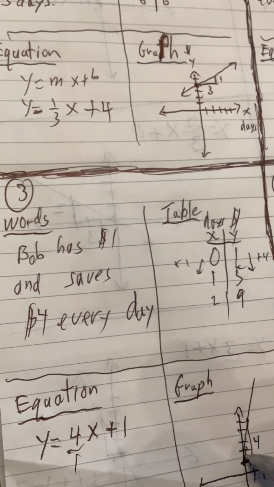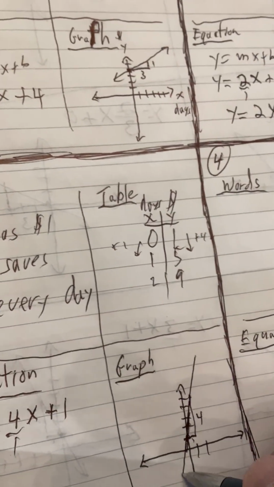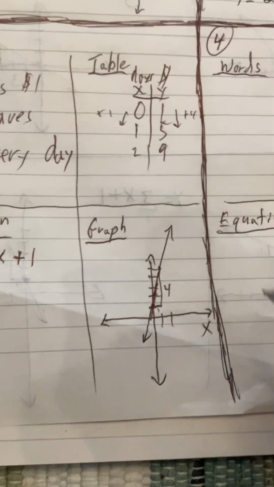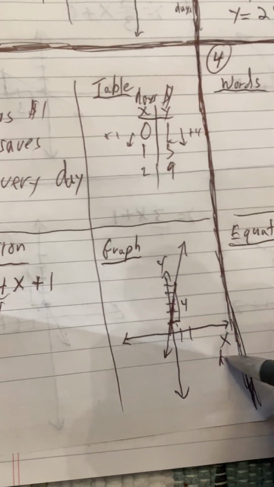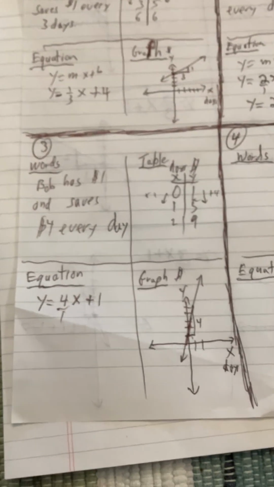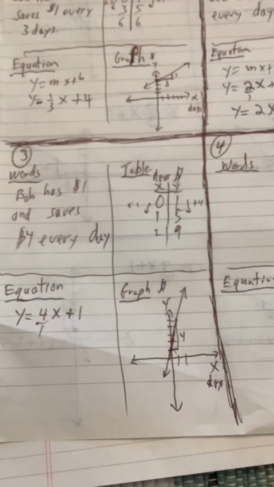And there's my line. Here's my X and my Y, days and dollars. Bob has $1 and he saves $4 a day. There it is. And the last one,